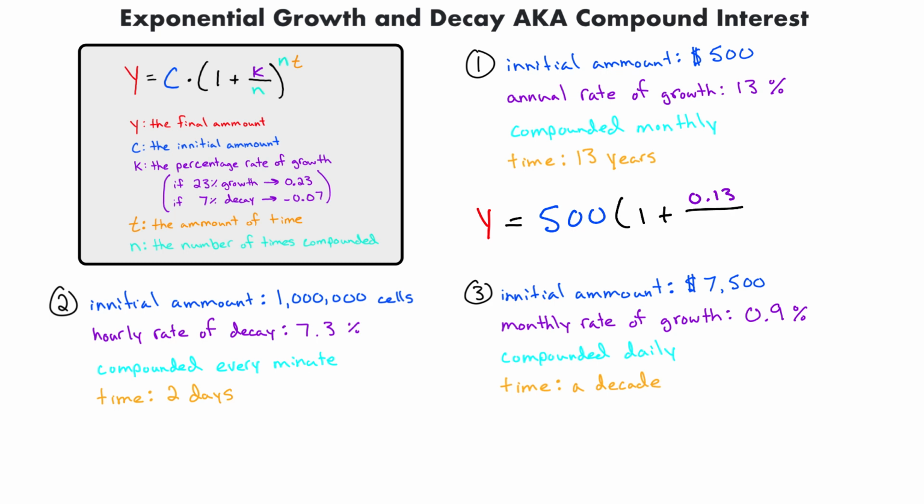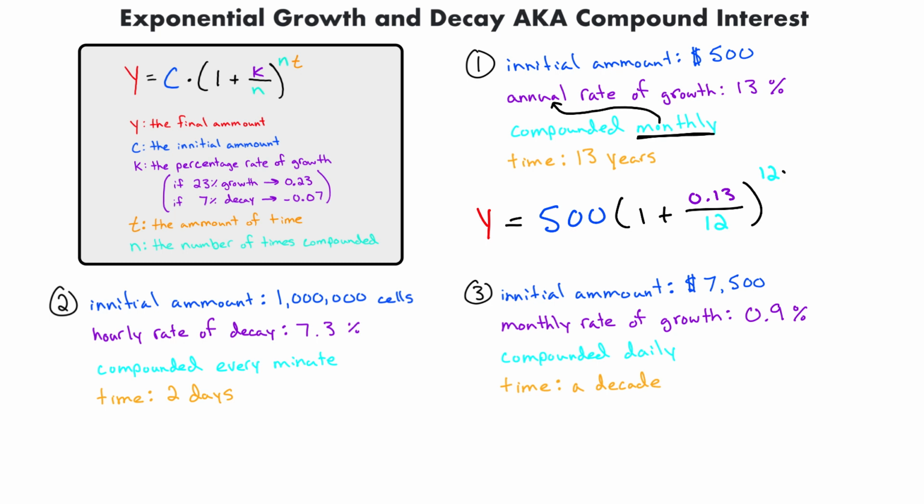That's going to be divided by, and now here's where things can get tricky. I need to ask myself, since it's compounded monthly, that is how frequently the balance is going to increase. It's going to increase at the end of every month. I have to ask myself, how many months are there in a year? Annual means year. Well, there are going to be 12 months in a year, so I'm going to divide this by 12. And that'll be raised to the power of